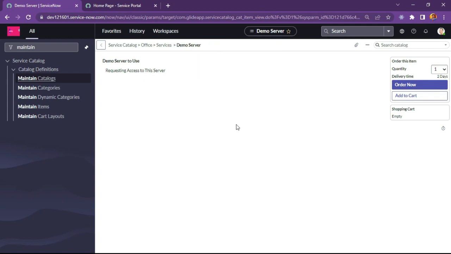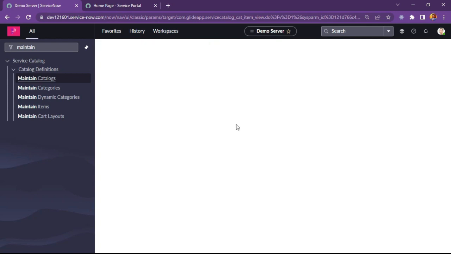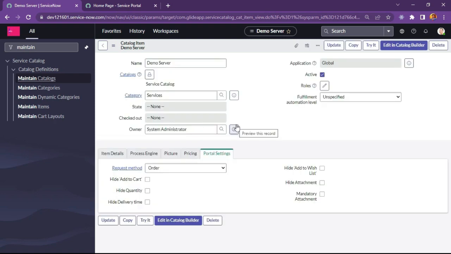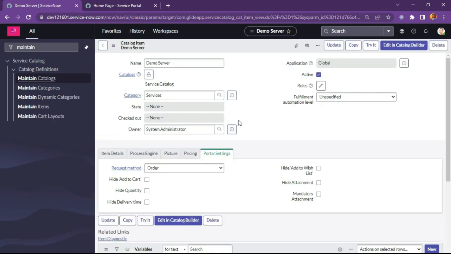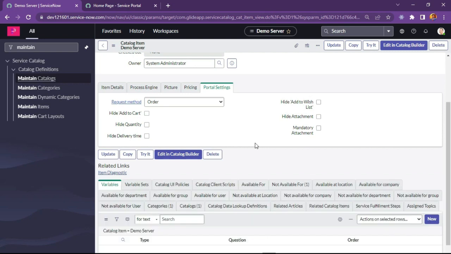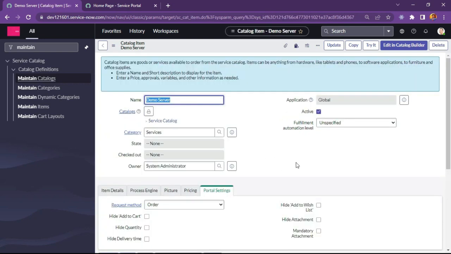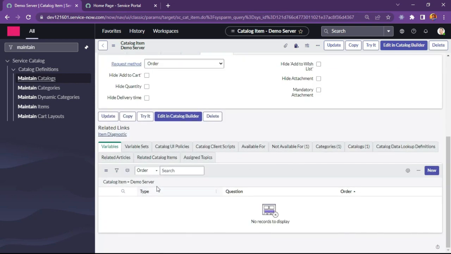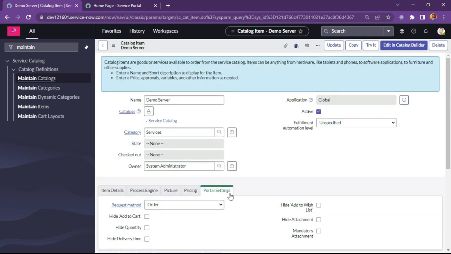So now let's configure the form, how we can add the variables on this particular catalog item. I have already mentioned what variables and variable sets are. So variables help define the structure of the catalog item form that will be displayed to the customer. Service catalog provides several types of variables, which are also referred to as questions. And you can see this is our variable section and this is our variable set section. So let me try to create one variable inside this server